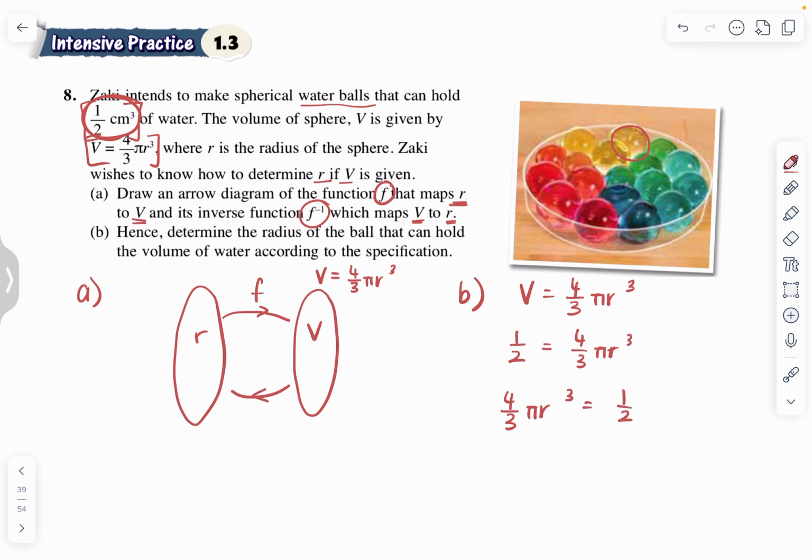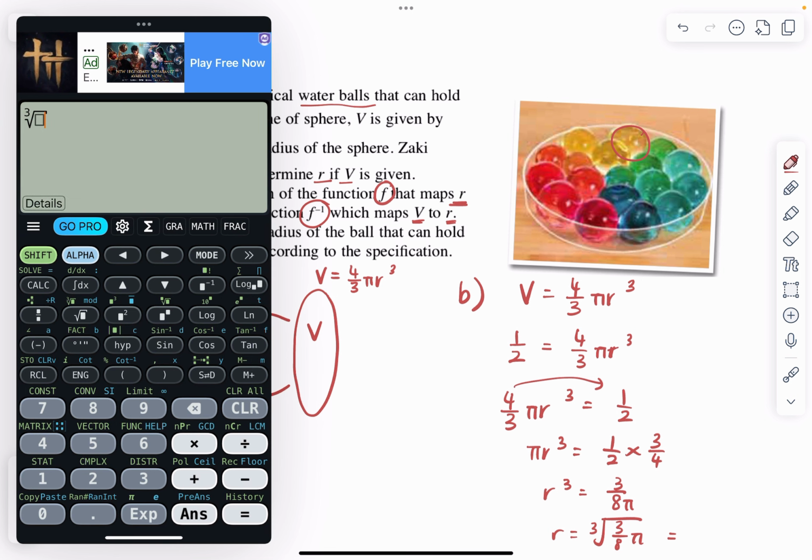So here pi r cube is 1/2 times 3/4. Okay, when you bring it over, it will become times and flip. So r cube, pi r cube equals, this will be 3/8. Then the pi we bring over, it will become 3/8 pi. And then r will become cube root of 3 over 8 pi,